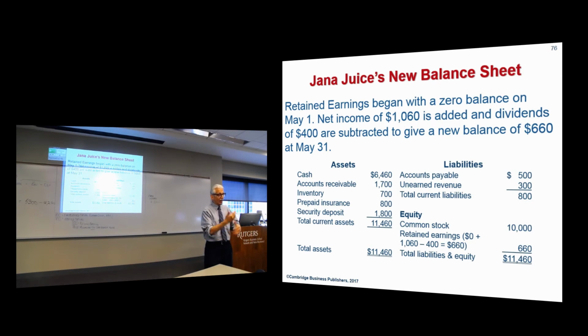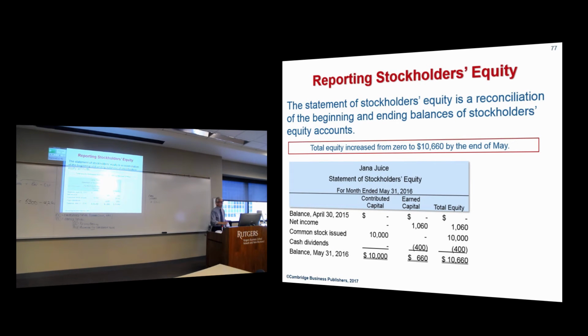But from the standpoint of understanding what's going on, if you want to understand how the statements were changing, you may be able to start maneuvering around a little bit. So I need to know, for example, at some point how cash changed. We'll get to that. But right now, how did equity change? Well, I had investments of $10,000. I had no beginning balance of retained earnings. It's my first year in business, but I was able to earn $1,060. I paid out dividends of $400. So I've got a balance of $660 in retained earnings, and my total equity is $10,660. Total equity is $10,660, and of course, that's what you see here.